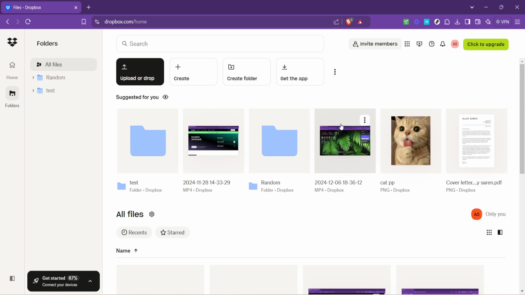In conclusion, setting up a Dropbox account is a simple process that can bring a wealth of benefits to your digital life. By following the steps we've outlined today, you're well on your way to storing, sharing, and collaborating on files with ease. Dropbox is more than just a storage solution. It's a tool that can help streamline your projects and bring your work to the next level. So give it a try, explore its features, and see how it can fit into your workflow.